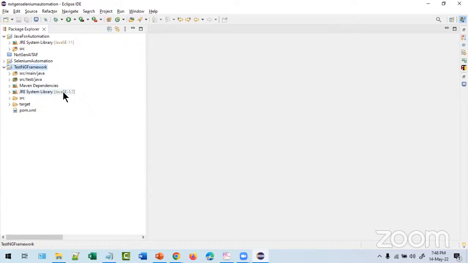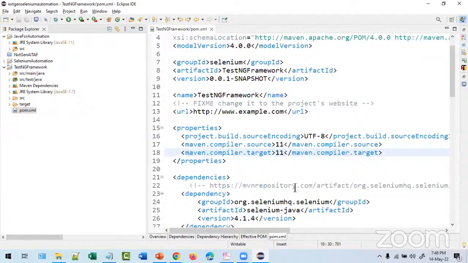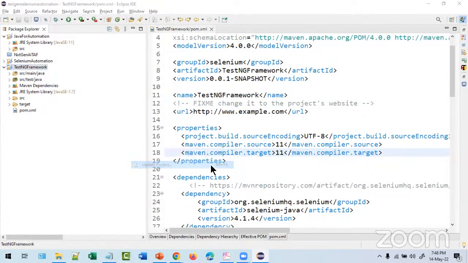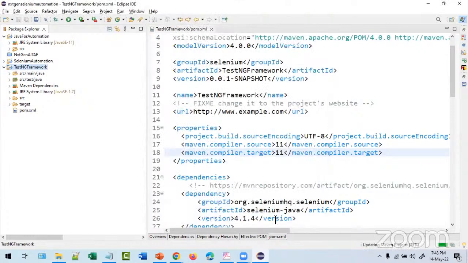And again, it is changed to what version? 1.7. It is cleared as per this. If I make it 11 here, let's see what happens. You should get some error. Okay, let me update it. Maven, update project. See, automatically it goes forward with the level you give.